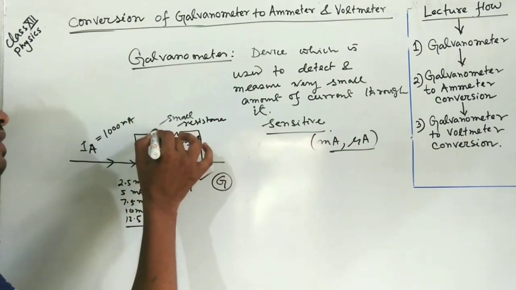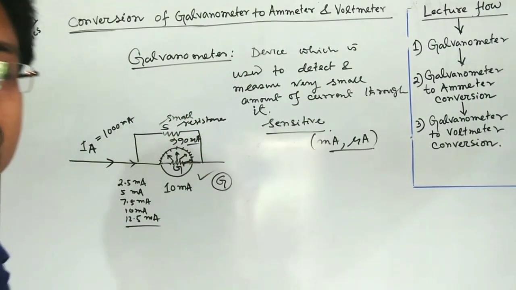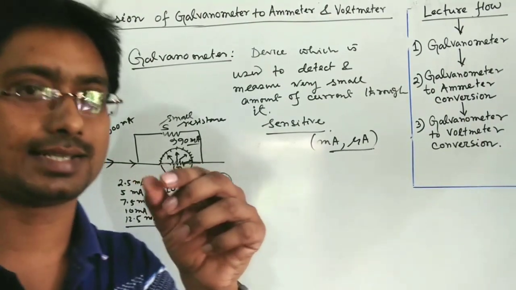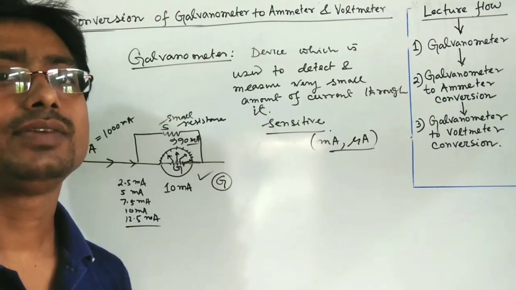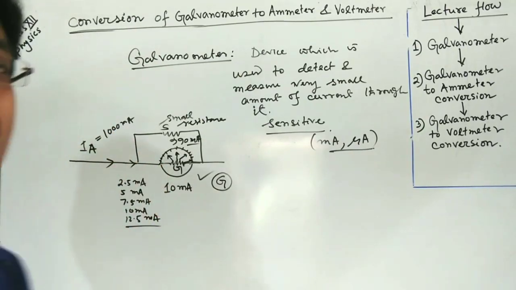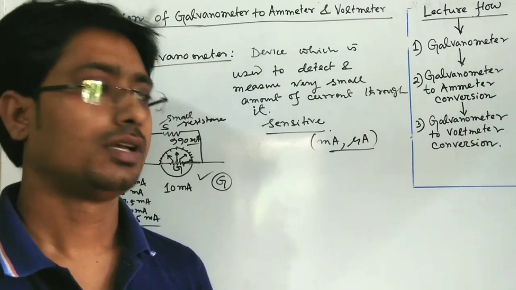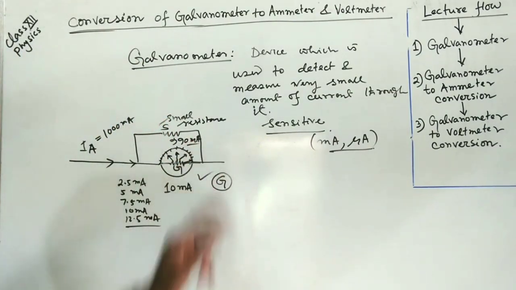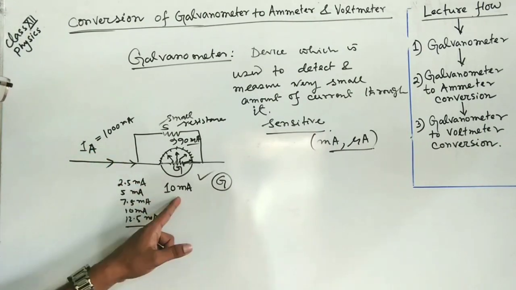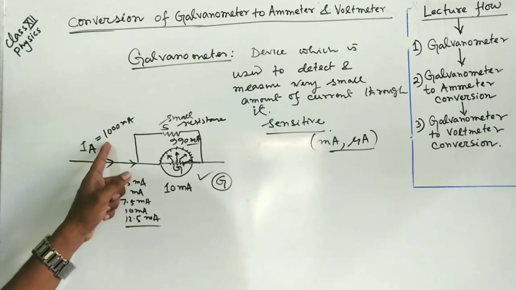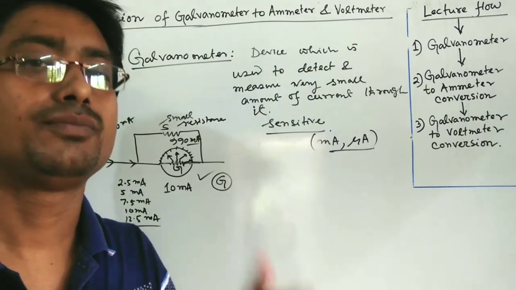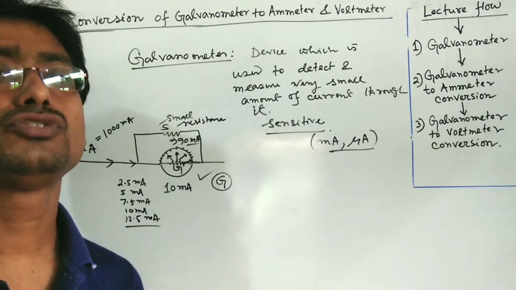So this is called the shunt. What we call bypass road, bypass channel, for the case of physics, we call it a shunt resistance. Very small amount of resistance. If it is connected in parallel with a galvanometer, then it is called shunt. So our goal, our aim has been solved. So in this way, we can measure a large amount of current. Suppose here 1 ampere is a large amount with respect to the 10 milliampere. 1 ampere is 1000 milliampere. So in this way, we can calibrate different types of ammeter which we desire.